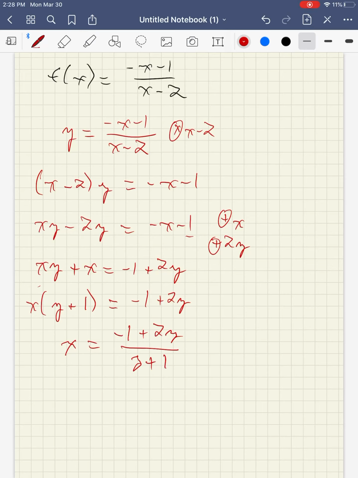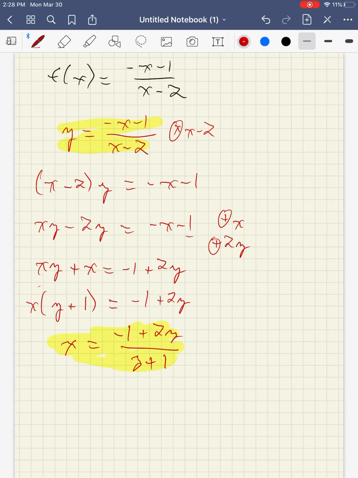Okay? Now the thing to know is that this expression here and this expression here are the same expression, right? They represent a relationship between x and y. Here, if I know x, I can find y. Here, if I know y, I can find x. And if I reverse it and make it a new function,